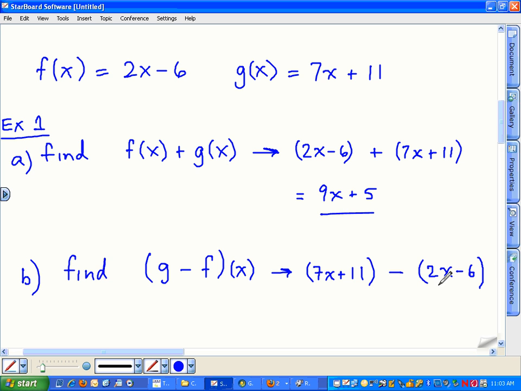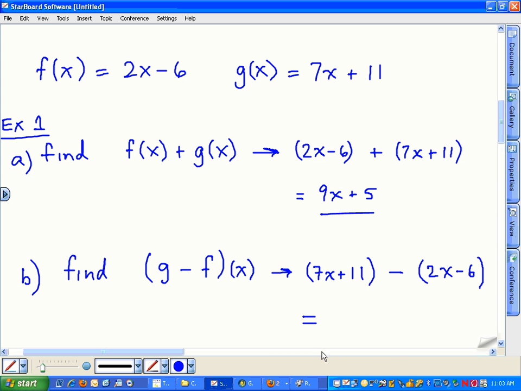If you didn't have these parentheses here, you'd just be subtracting what? You'd be subtracting the 2x from here. So you need to have your functions in parentheses here. But it's the same idea. You can only subtract like terms. So